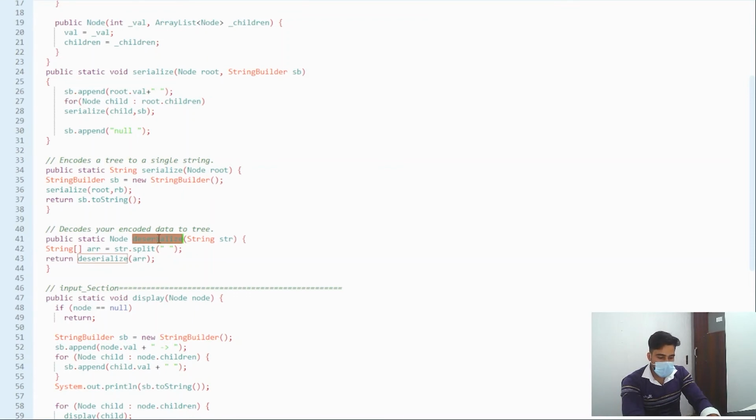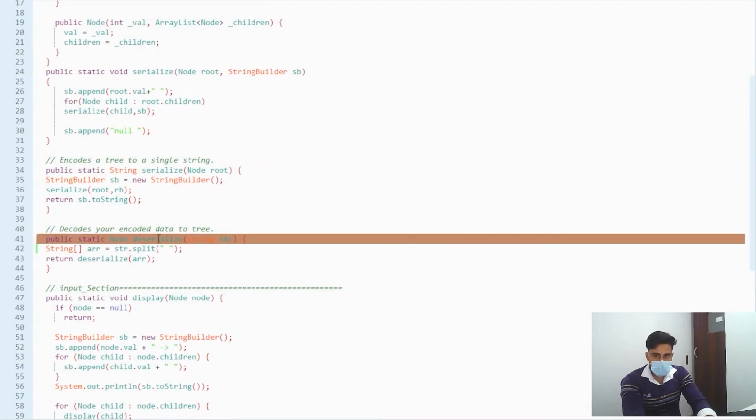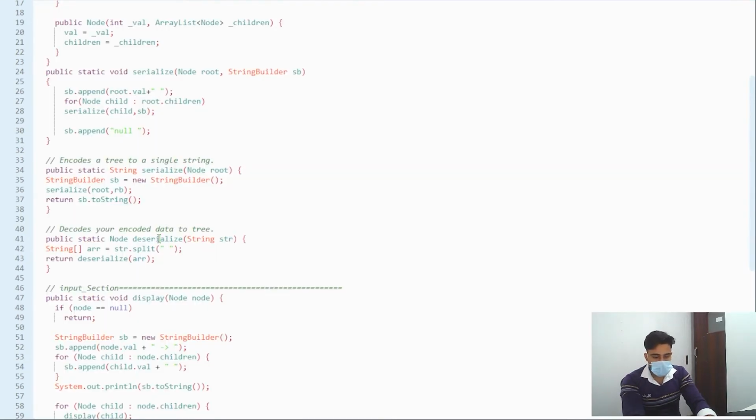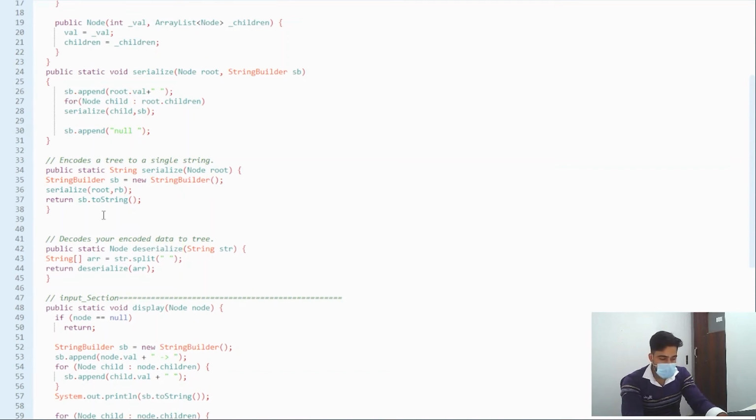Let me again create this method. So it will be public static Node deserialize and String array.